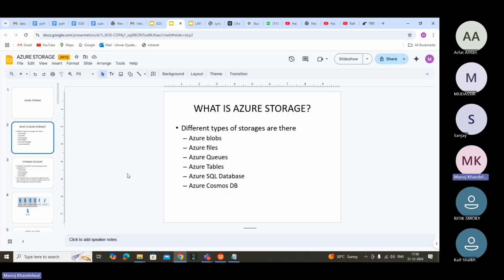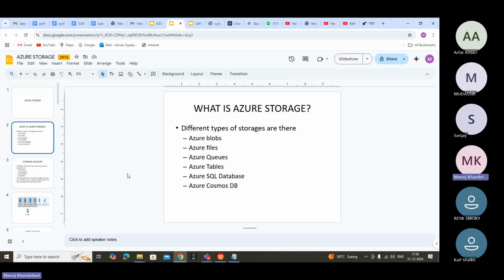We can club some of the storages in a particular storage account.